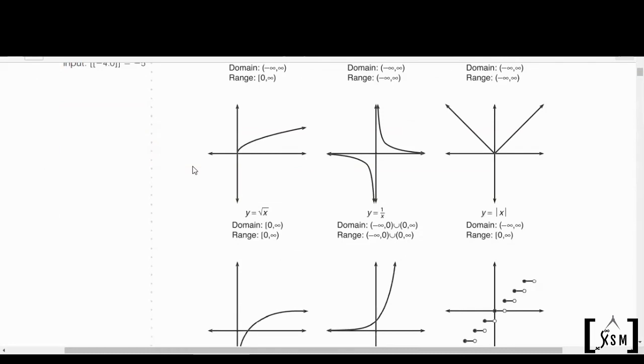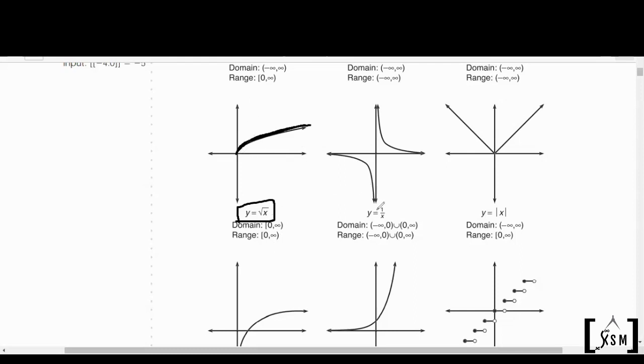Looking at the square root graph, this is very important. Y equal to the positive square root of x. It is the positive square root of x, so it will only be this part. It will not go down like this. No. So it will only be like this. And you can see the x values are possible only from 0 to infinity, and the y value, which is the range, is also 0 to infinity.